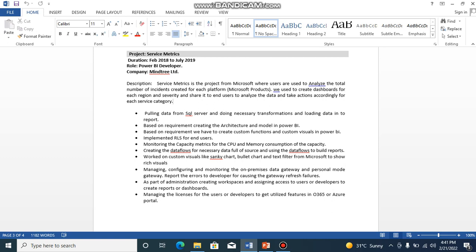And then, this project is used to analyze what the purpose of the project is. After giving two lines of information about your client, you have to provide information about the project. I mean, what the project does and how the project is useful. So I gave this particular service metrics project, and how it is useful: it is like the total number